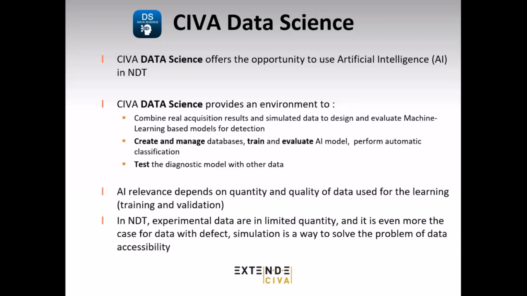And we all know that real use of artificial intelligence in NDE suffers from the difficulty of getting sufficient and relevant data to train algorithms. This is, I think, the main issue. So the idea again is to mix simulation and experimental data, and simulation can overcome the situation by efficiently providing massive relevant data sets with and without flaw. Unfortunately, I will say this is the main problem in NDE: we have a lot of data, but most of them are without indications.